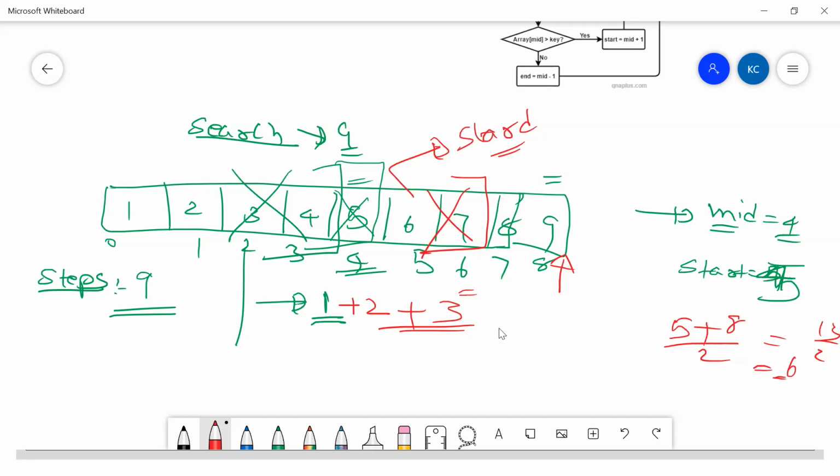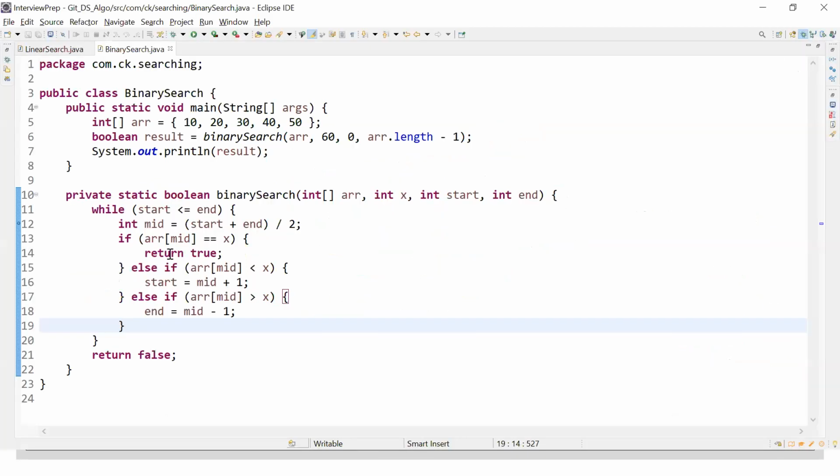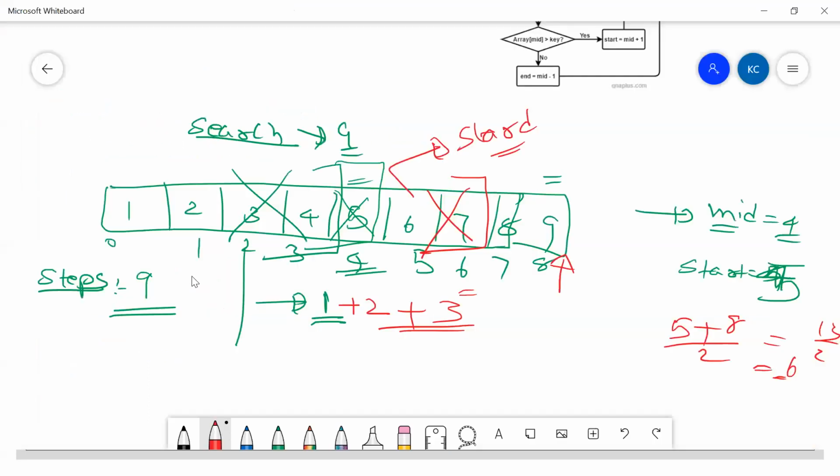The same thing over here we are trying to do in the code. Here we are trying to find the mid element, and we are trying to compare. If not, this is what we are trying to do. So if you see here, guys, intuitively, in a linear search you are able to do that in steps equivalent to 9, but in binary search you are able to do that in only 3 steps. Right, only in 3 steps. Simple, guys.